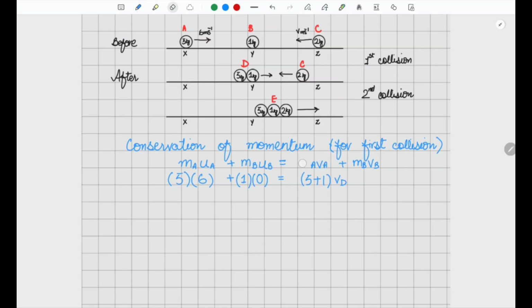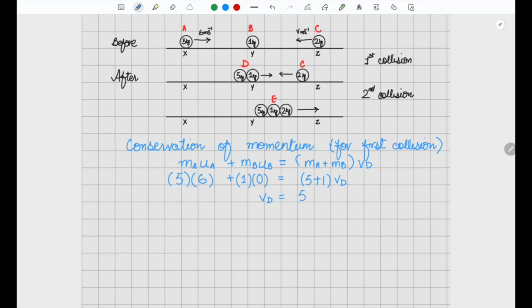So also the conservation of momentum for coalescence would take the form of (M_A plus M_B) times V_D, because now they have coalesced, so they will have the same velocity. Okay, so solving this all will give you 30 divided by 6, and that is 5. So now velocity of D would be